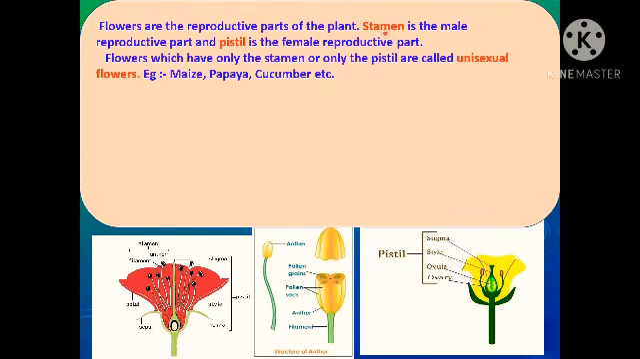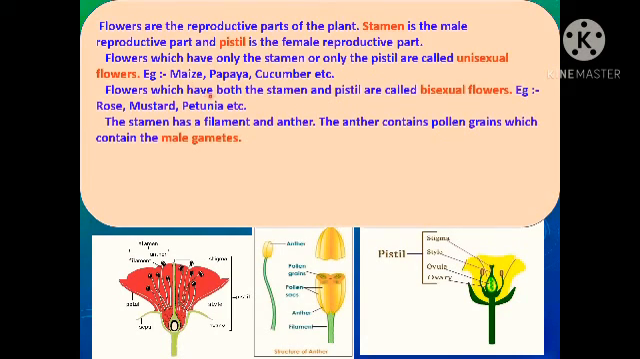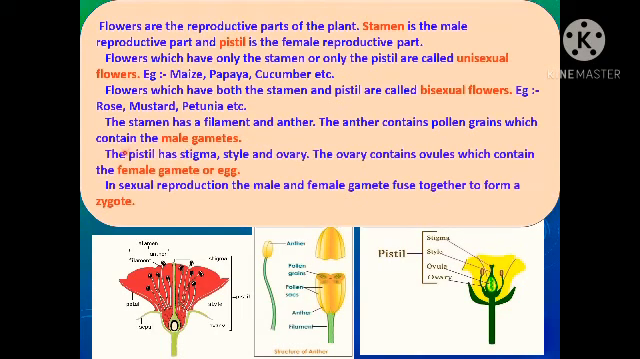Flowers which have only stamen or only the pistil are called unisexual flowers, which include examples like maize, papaya, and cucumber. Flowers which have both the stamen and the pistil are called bisexual flowers, which include examples like rose, mustard, petunia, etc. The stamen has a filament and the anther. The anther consists of pollen grains which contain the male gametes, and the pistil has the stigma, the style, and